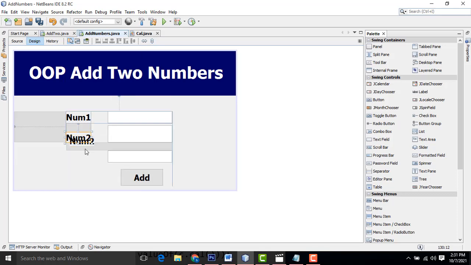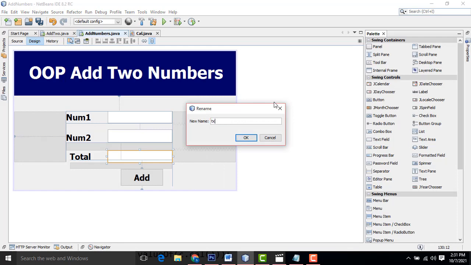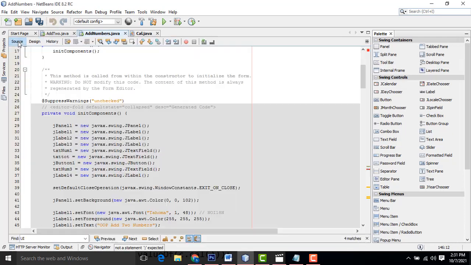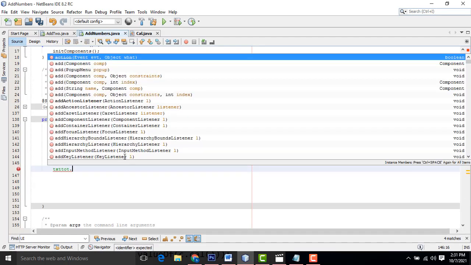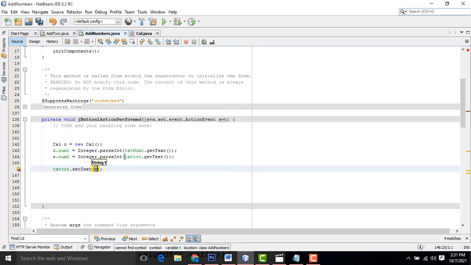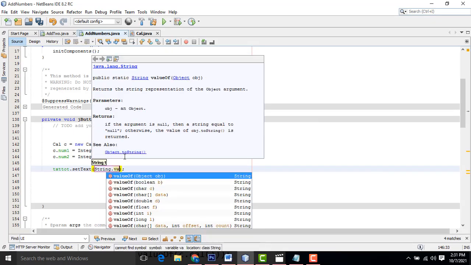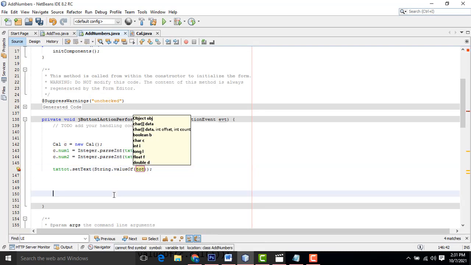Control C to copy, Control V to paste, and get another copy of it. The same thing again, Control C to copy, Control V to paste. This one should be txt tot, txt tot dot setText. Here we have to call it as String dot valueOf tot. That's it, it's working.